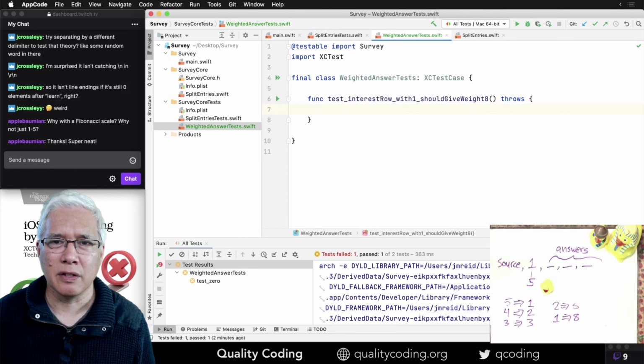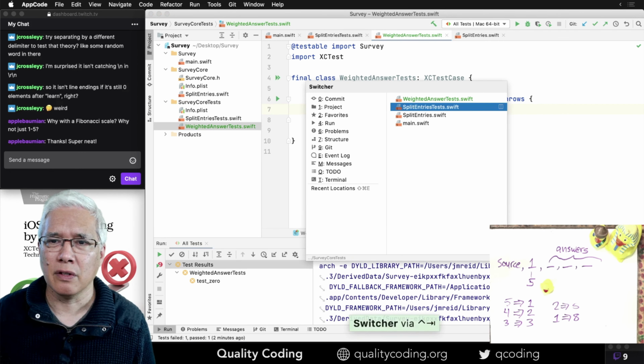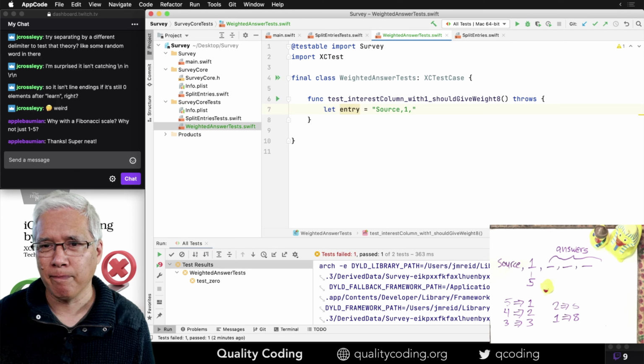All right. Now, the interest row, it's a column. It's not a row. So if I have an entry, the first one is source, which I'm going to ignore, but maybe I'll just put it in there. And then I give it a 1 and a bunch of answers. Who knows?